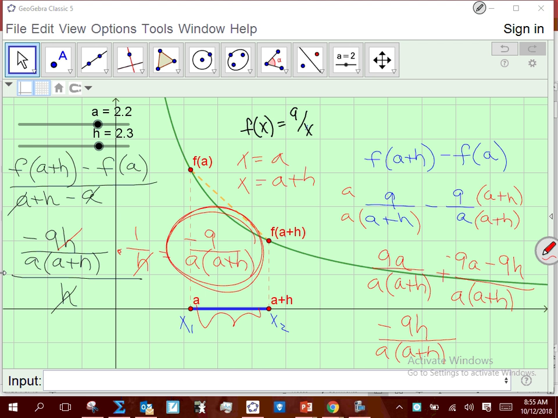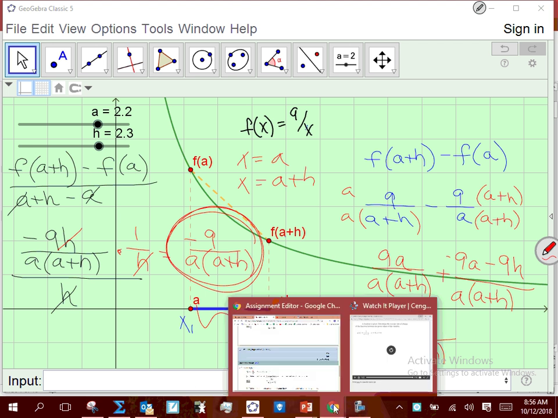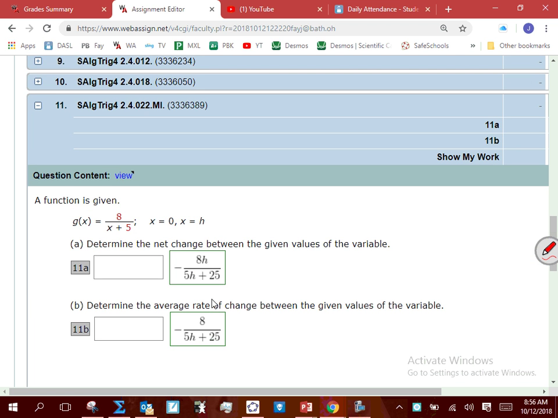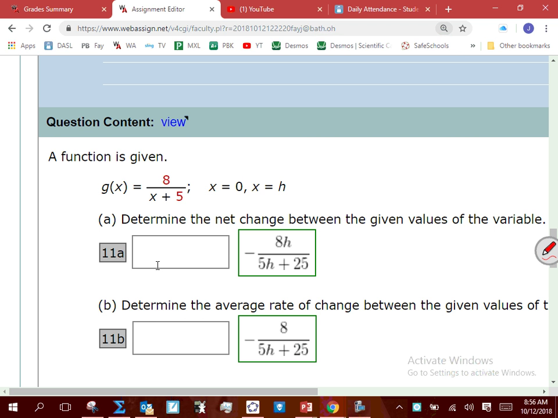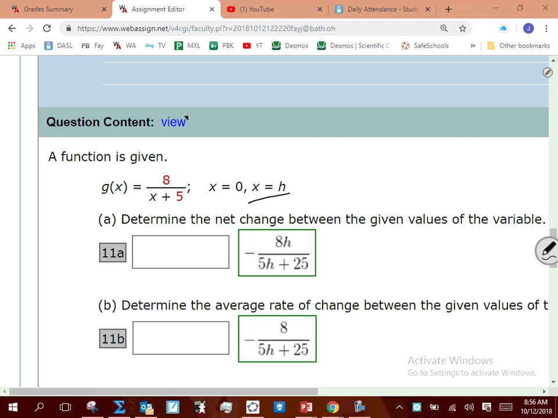So that question was 12. Let's talk about 11. The only thing about number 11, guys, that I don't like is that we're making the assumption that this number here is to the right. So if I'm going to find net change, I'm going to find G